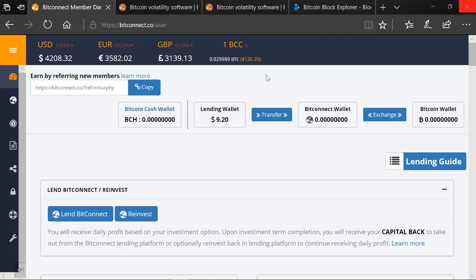When I bought into the system, Bitcoin was at its highest it's ever been. It was around $4,500, nearly $4,480. And this was a month ago. But the value of the Bitconnect coin was around $145. And you can say, whoa, hang on a minute, you've invested that money and the value of Bitcoin's gone down, or the value of Bitconnect coin's gone down.